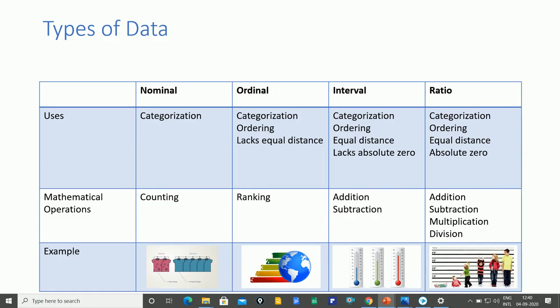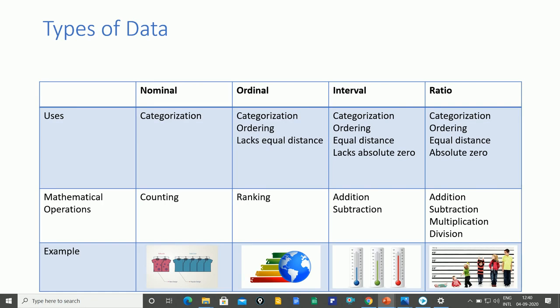Since nominal data is used for categorizing objects, it is simply used for the purpose of counting. So a good example would be classifying shards of different types. So shard of one type could be classified as A and shard of another type could be classified as B. So here A and B are the 2 categories. Also here this naming of A and B is arbitrary.